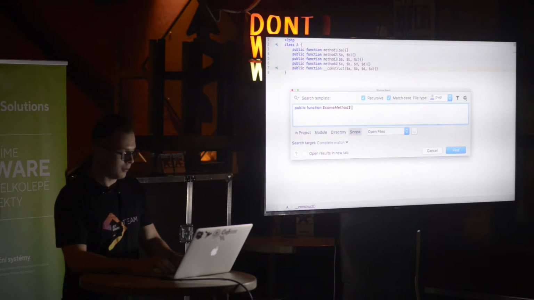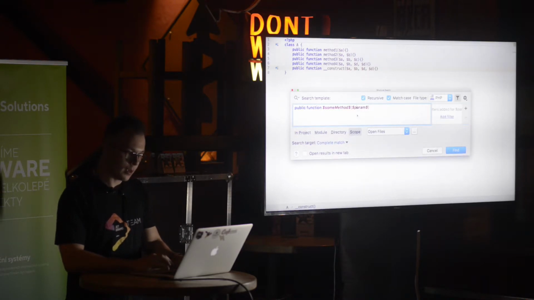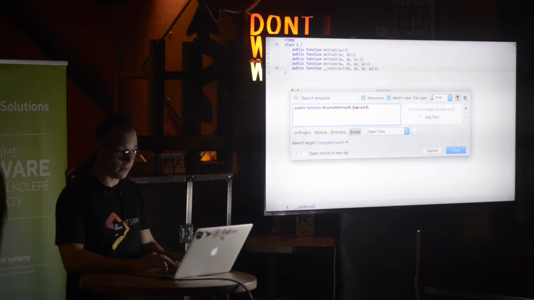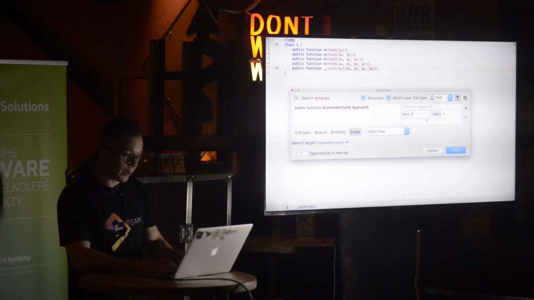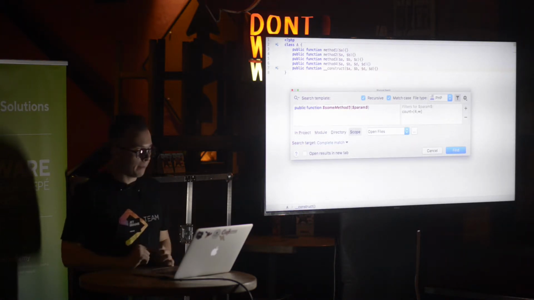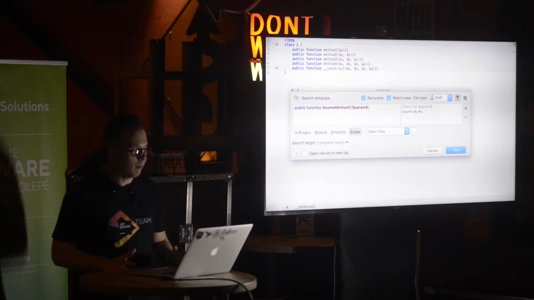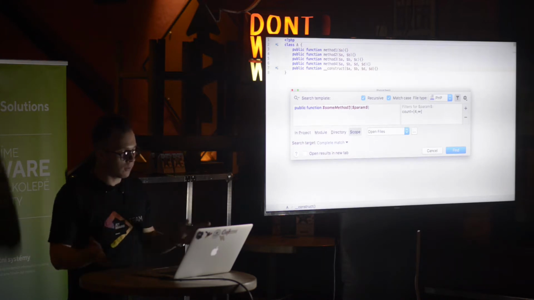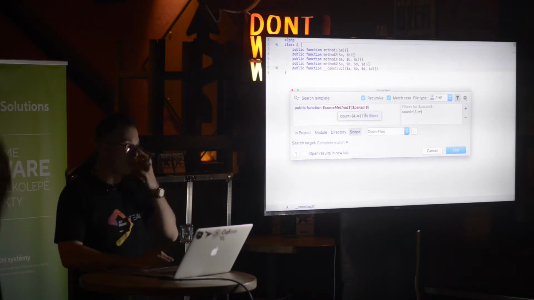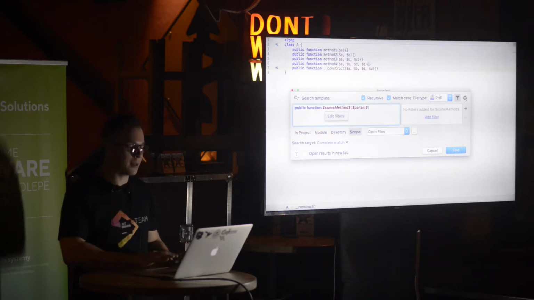And in parents, I will type param. And for param, I will specify a constraint, a count constraint. So I will hit count and specify from 4 to infinity. And such a pattern will already find basically all methods with more than 4 parameters. But it won't find only methods, it also finds constructors. So we provide another constraint.